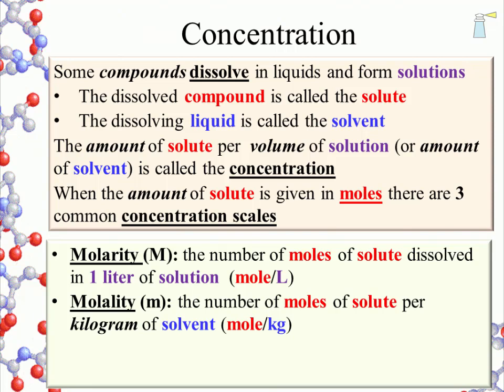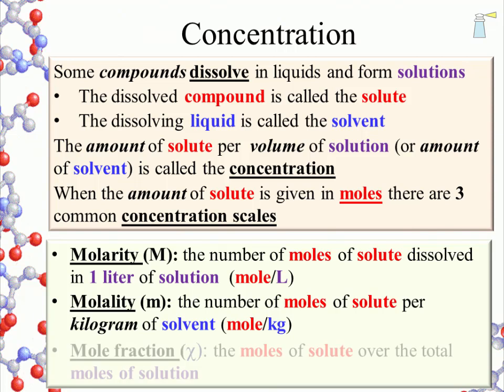The difference between molarity and molality is that the first one uses volume of the entire solution, and the second one only considers the mass of the solvent. Both scales have their place. The last scale is mole fraction. It is given the unit chi. That's a Greek letter that looks like a fancy X. The definition of mole fraction is moles of solute over total moles of solution. It is indeed a fraction with part over the whole. We will discuss each in turn,